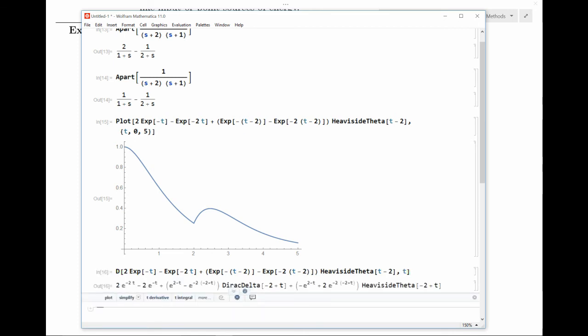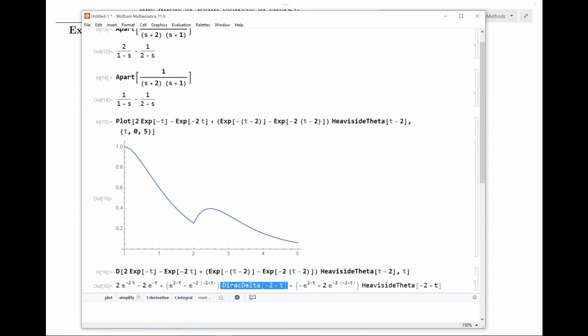So Mathematica tells us that the derivative is going to have a Dirac delta function and a Heaviside function. So it's going to have a jump, and it's also going to have a delta function in it. But wait a second. If we look at this term at t equals 2, this is going to be e to the 0, so it's going to be 1. And this term at t equals 2 is also going to be e to the 0, so it's also going to be 1. So these two terms will zero each other out, and so the Dirac delta will disappear at